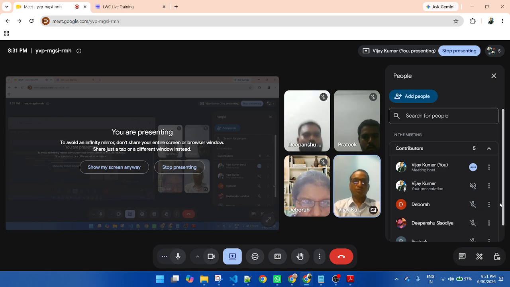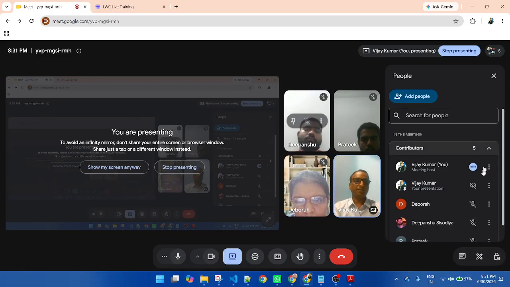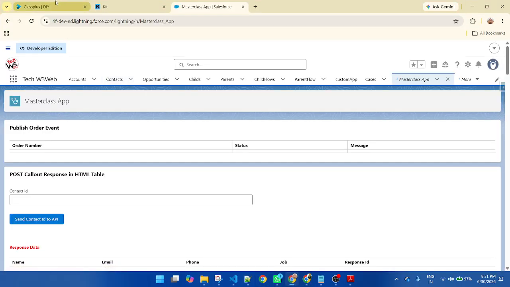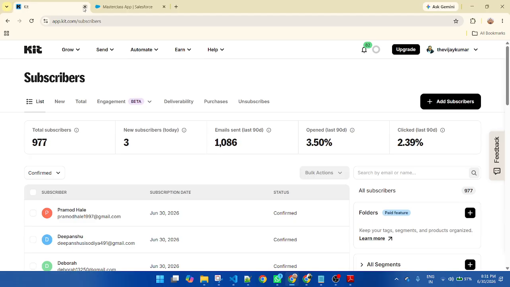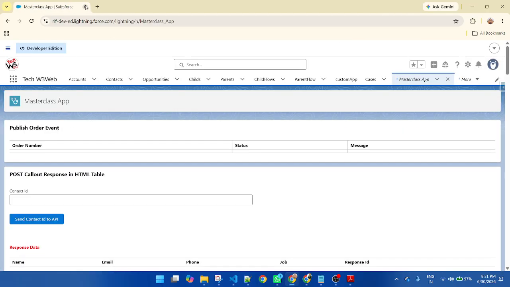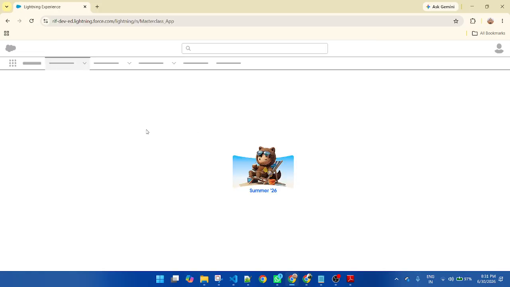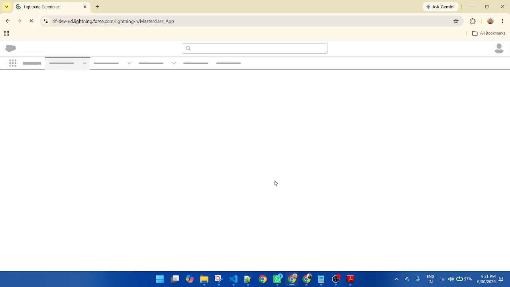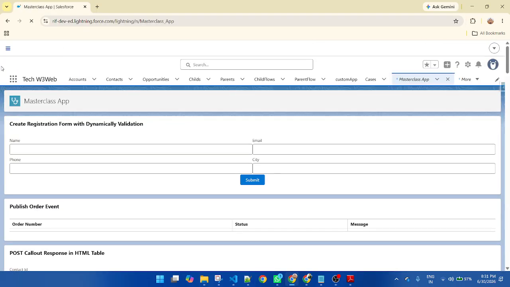Okay. So all of you got how I am creating a file today. Yes. Now let me go to Salesforce. This is my Salesforce org. Refresh your Salesforce org, and your custom app.